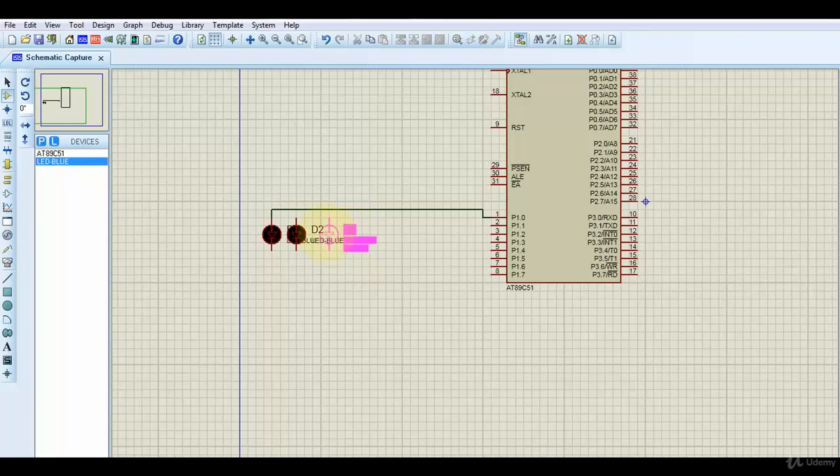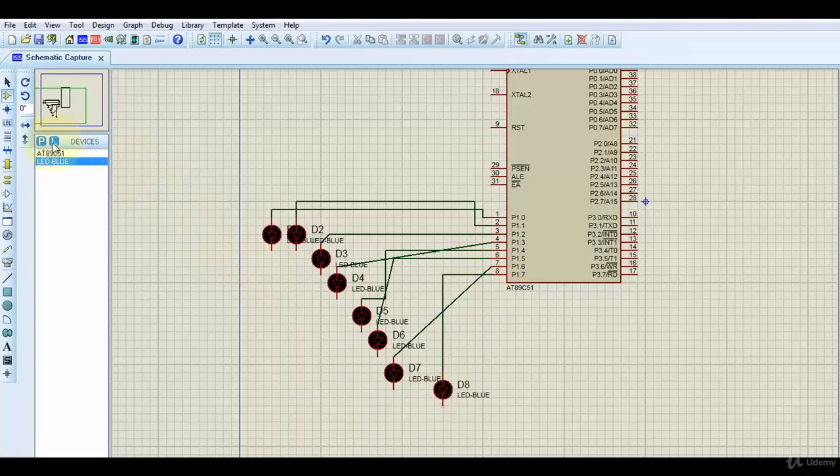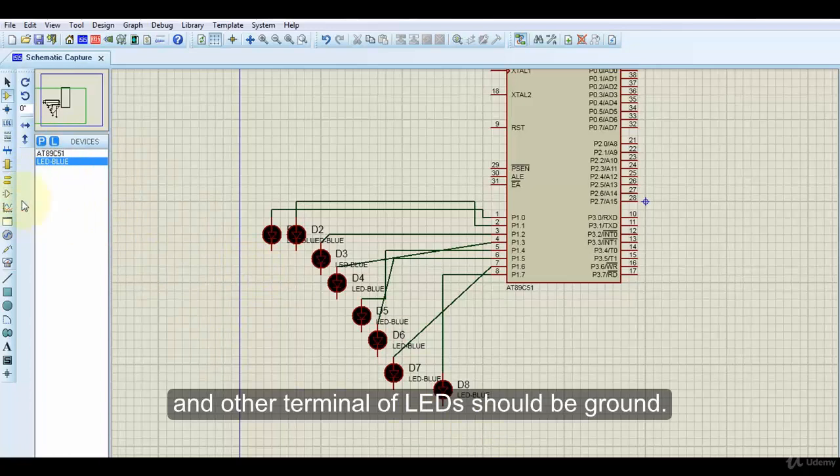Okay, and you can connect them to your port pins, like this, and the other terminal of the LED should be grounded.